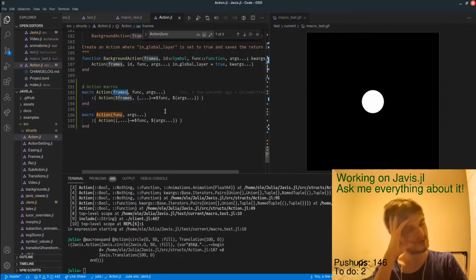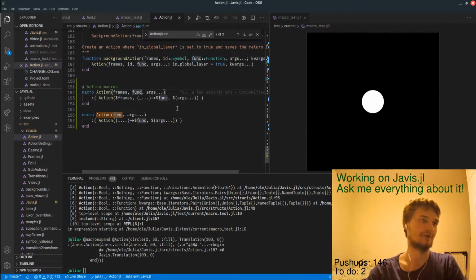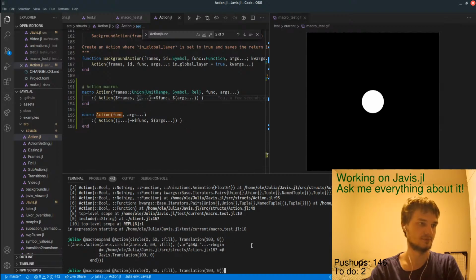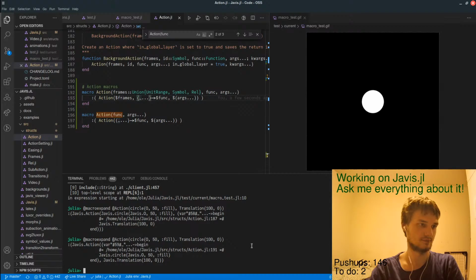Before I just said this is kind of a function, but now it's kind of like not a function. So this should be unit range, symbol, or real. Now that works. Okay.